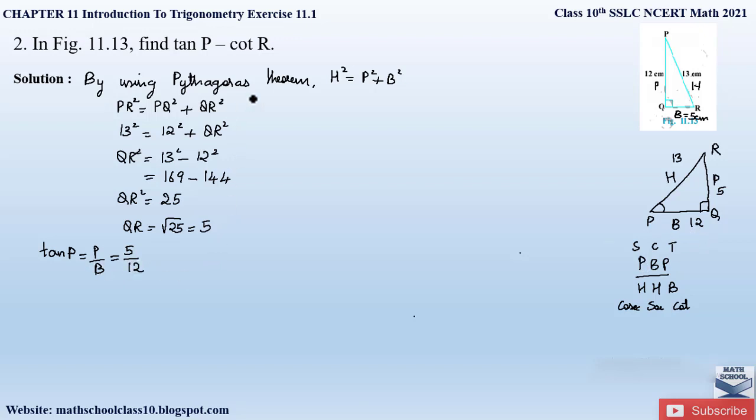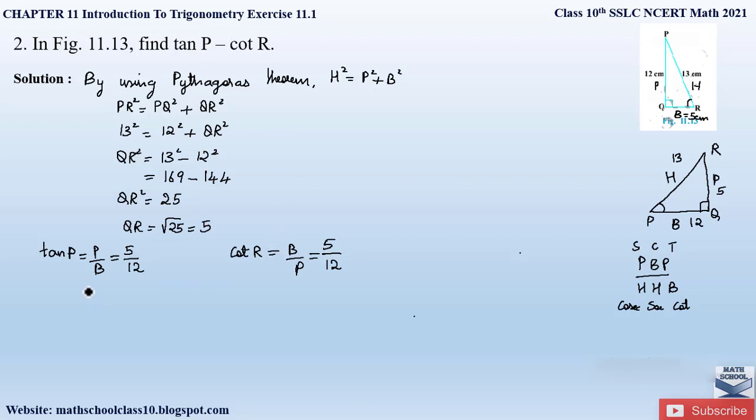Now similarly let us find out cot R value also. Since here the angle mentioned is R, so this angle R is at the base of the figure given here. So we will consider this figure to find out the trigonometric ratio with respect to R. Now here angle R is our acute angle. The trigonometric ratio for cot is base by perpendicular. So what is our base value in this figure? It is 5 and our perpendicular is 12. So this is tan P and cot R value.